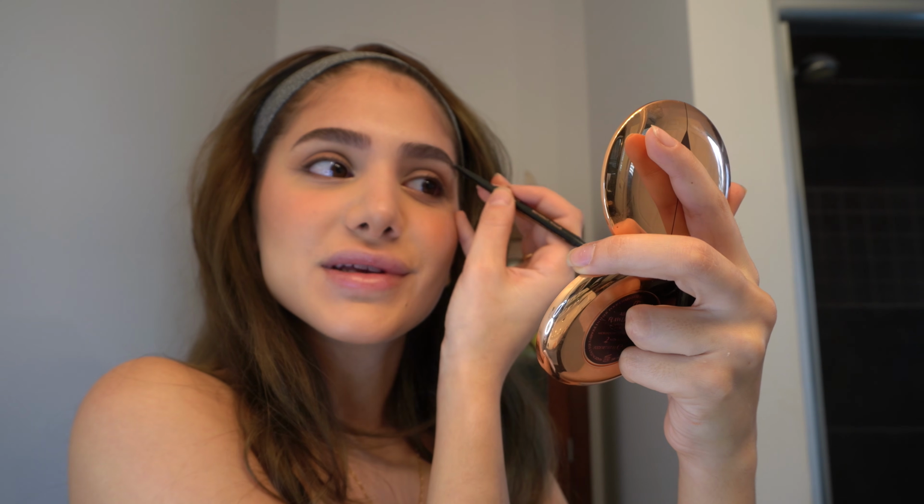I kind of missed 2016 makeup, so that's why I'm low-key trying to bring it back. Not fully 2016, I would say it's a 2016 hybrid with 2021. Okay, so I've just recently started using this, the KKW highlighter stick, and I use the first shade